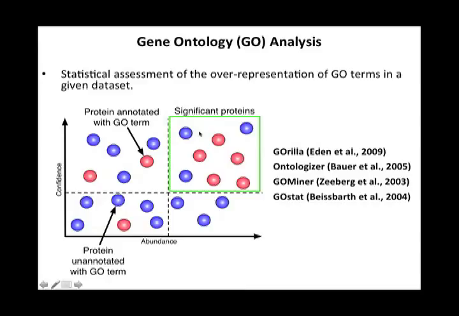And this is often done in the context, for instance, of proteomics or even mass spectrometry-based proteomics. This is often done by selecting somehow a set of significant proteins. So, for instance, proteins that are meeting certain abundance criteria or certain confidence criteria, and evaluating if among these significant proteins there is an enrichment for a certain molecular function or GO process. Basically, it asks if the proteins in red here that are annotated with a GO term are actually overrepresented in the set of significant proteins based on their overall representation in the entire data set.